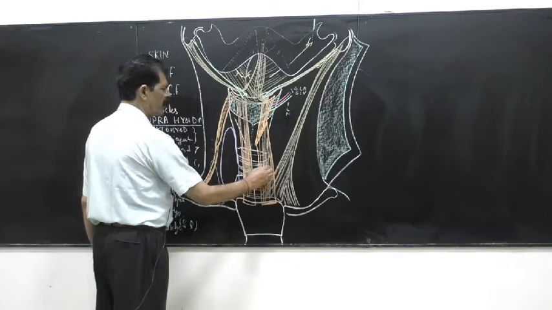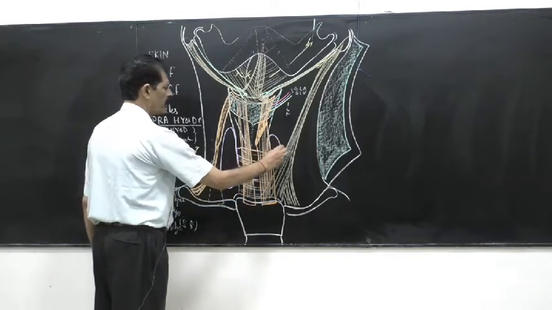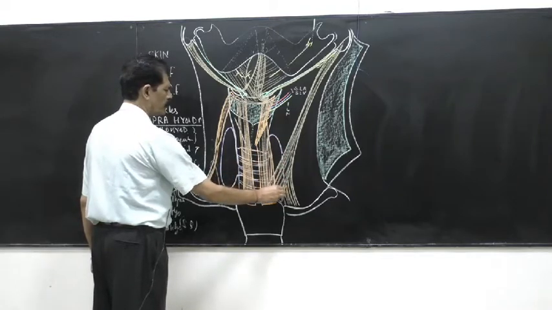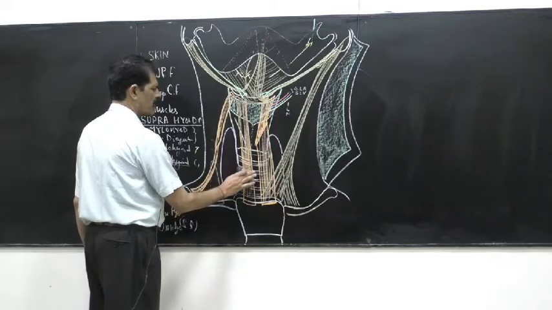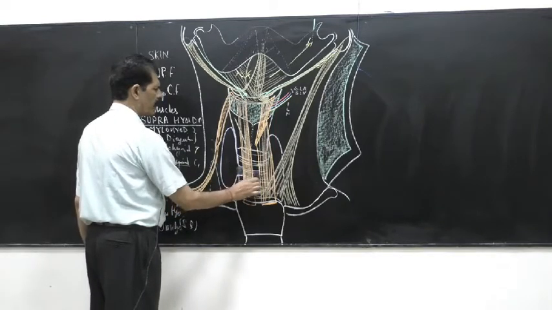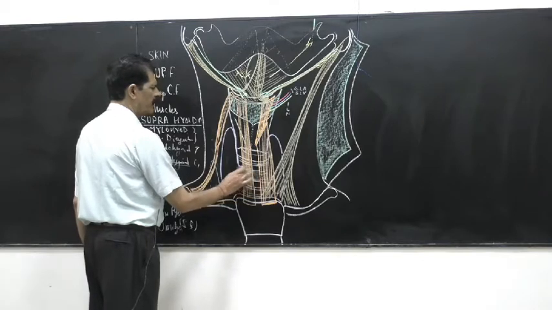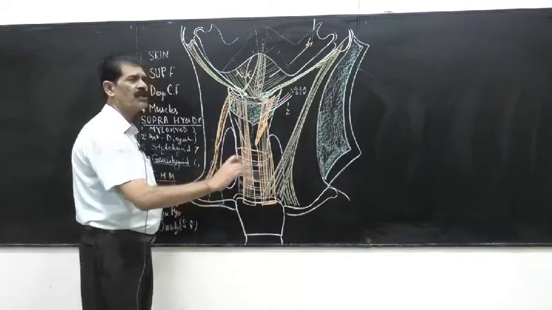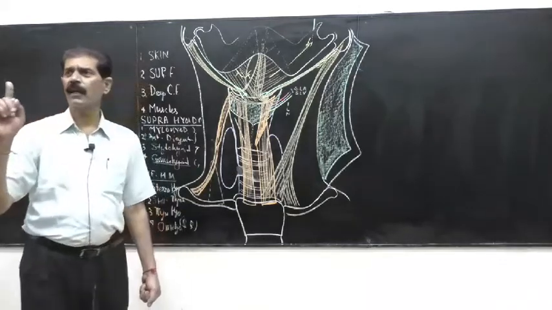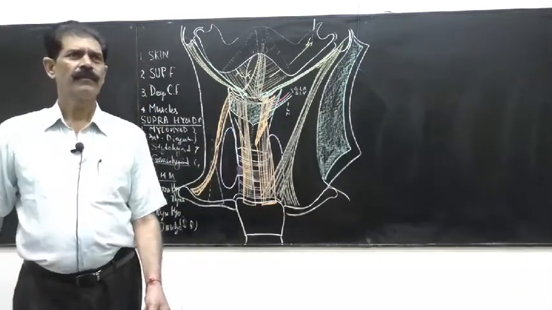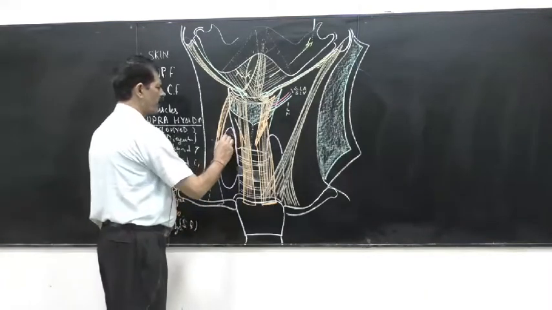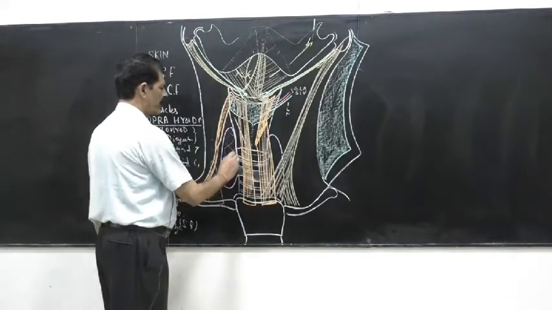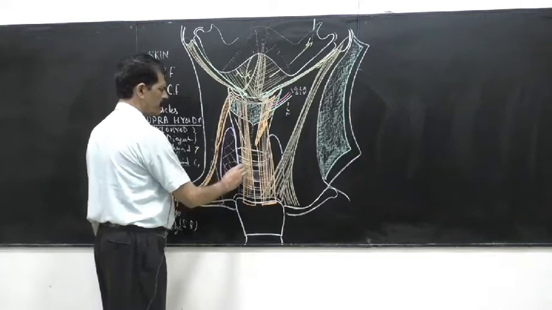The thyroid means shield. It has got the isthmus, which lies against the second and third tracheal ring. Again, underline: second and third tracheal ring. This position of the isthmus is fixed. So the thyroid gland is also present in the front of the neck, in the anterior triangle.